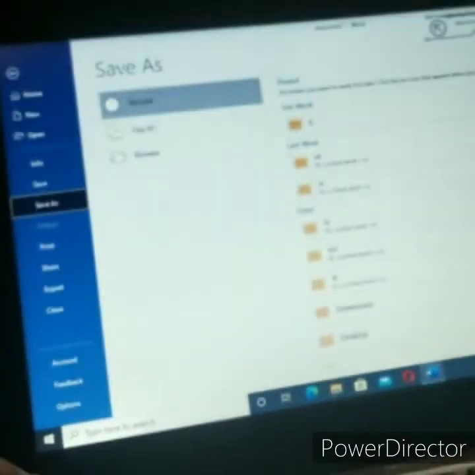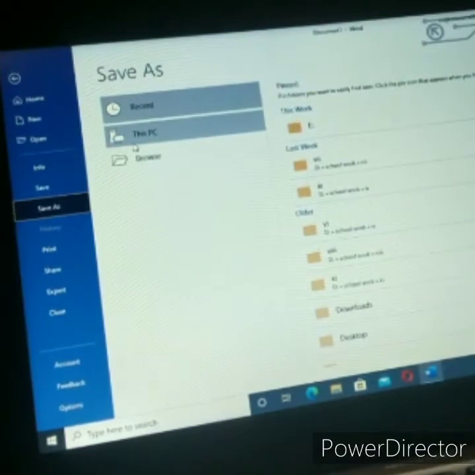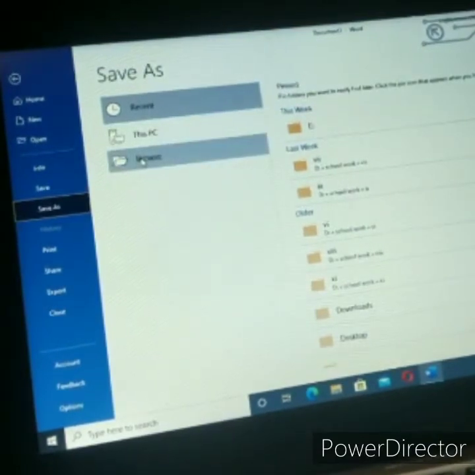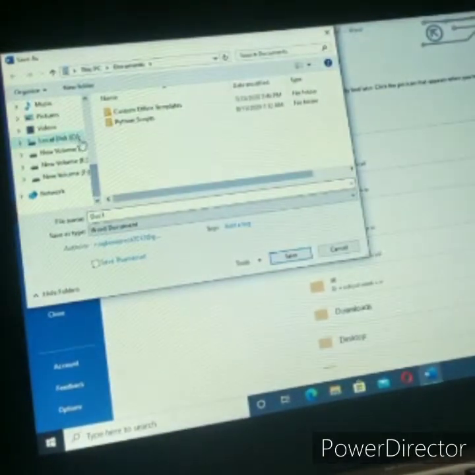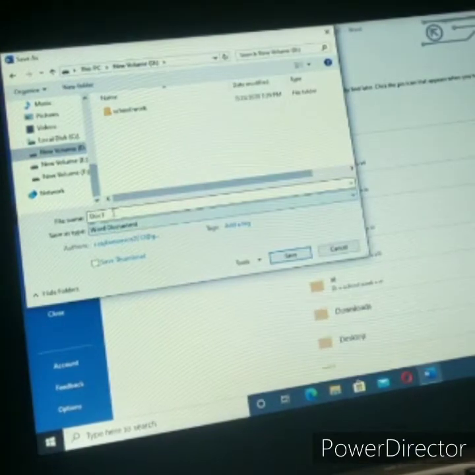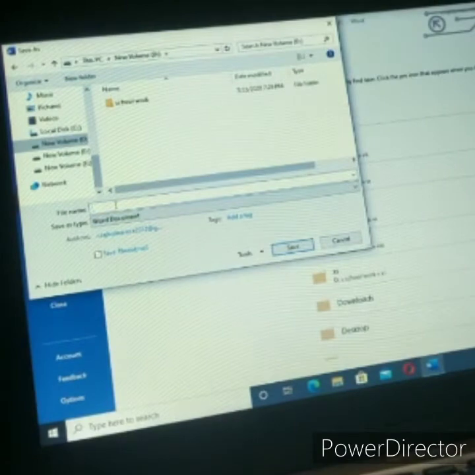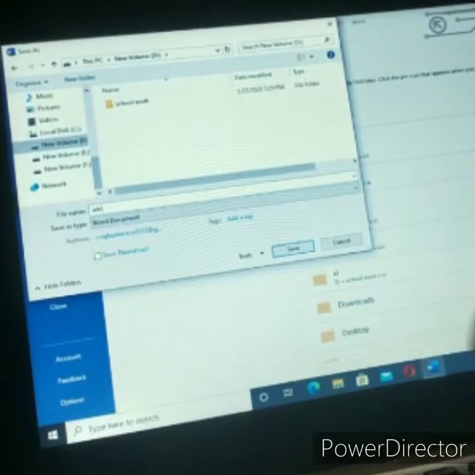It is the shortcut for saving a document. Then, if I want to save my document on a hard disk or elsewhere, I click the Browse button and select my D drive. Here I want to save my document as intro. I'm just giving it the name intro.